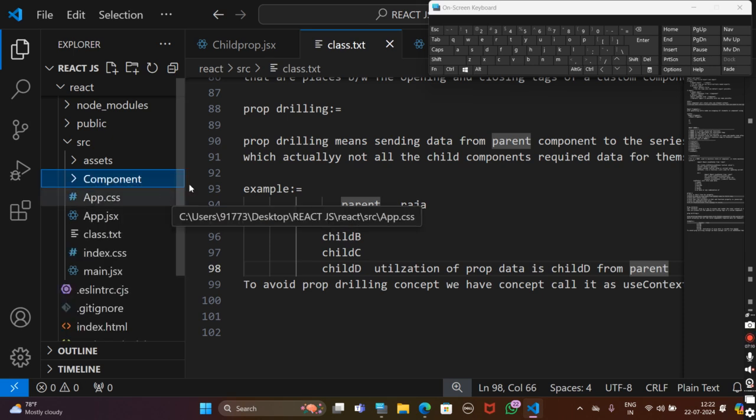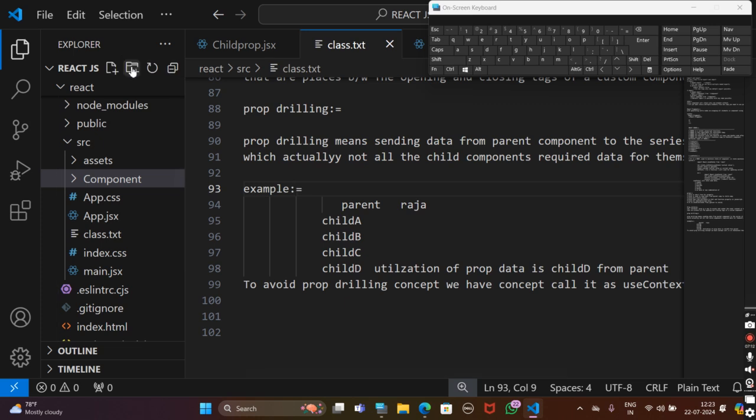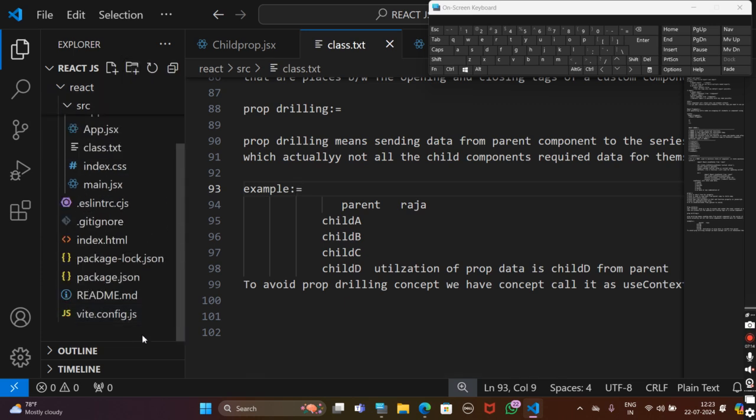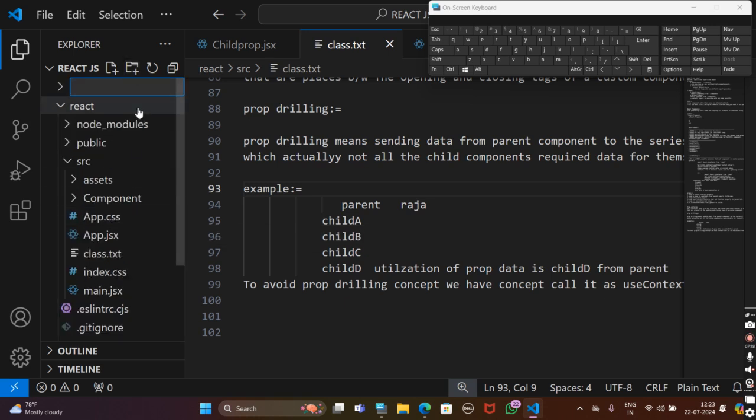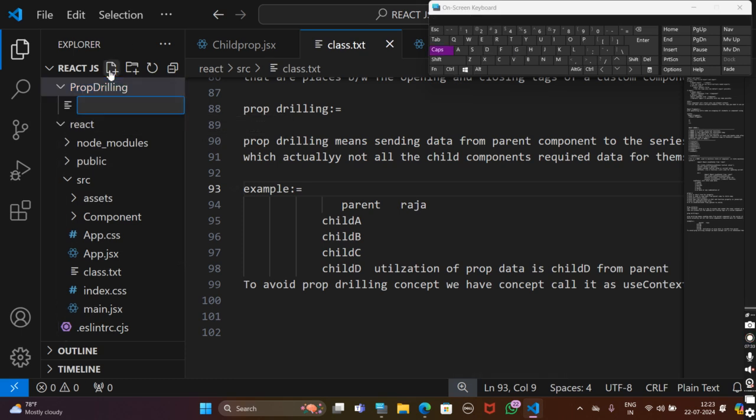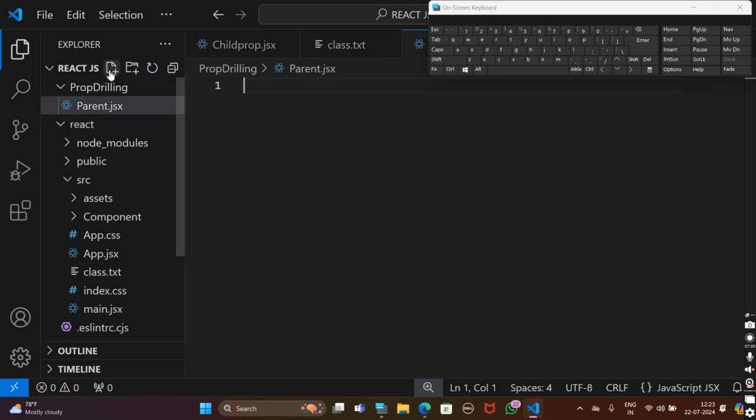I don't want this component folder. Now today I will create a separate folder, and that separate folder name, call it prop drilling. What is it? Prop drilling. You need to do the same like this only. Now in the prop drilling I'm creating the first file, call it parent.jsx, and